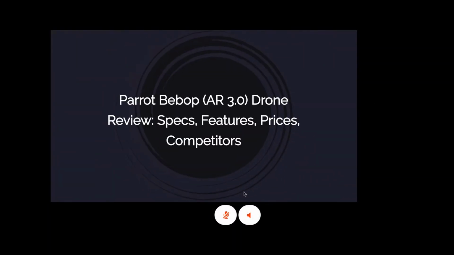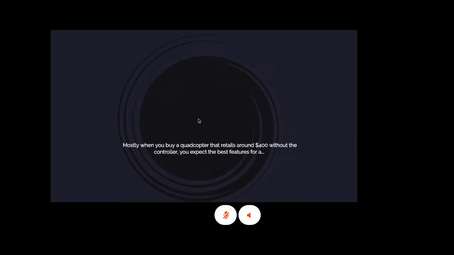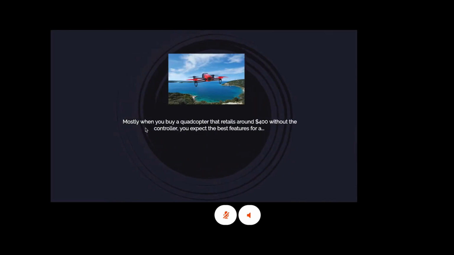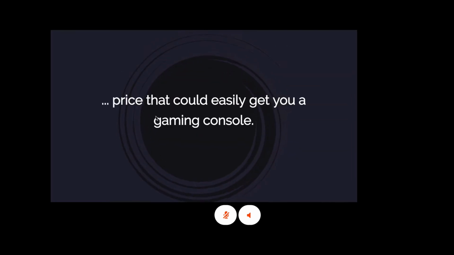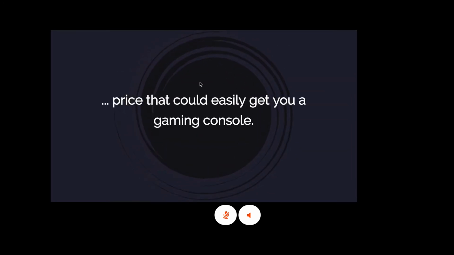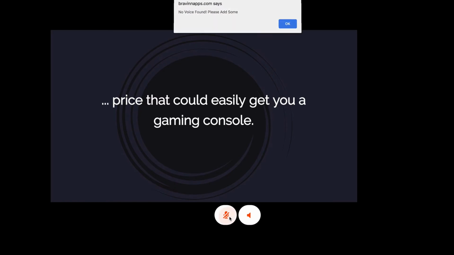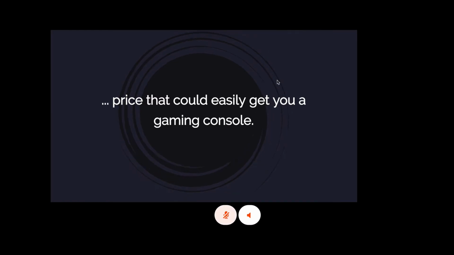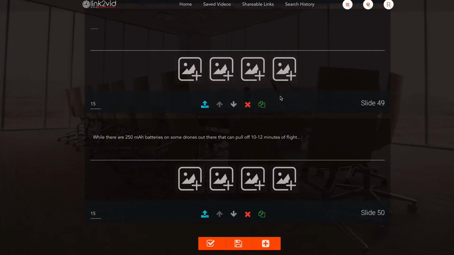Okay, and so you can see there just a quick preview of what it's going to look like, and it's going to go through each one. Obviously we left that at 15 seconds, so it's kind of long. We've got an image on this one, so the text is a little smaller. You could have up to 4 images on here. And then it's going to start putting in the text for each line. And it's that quick. Let's close that down there. It's that quick to